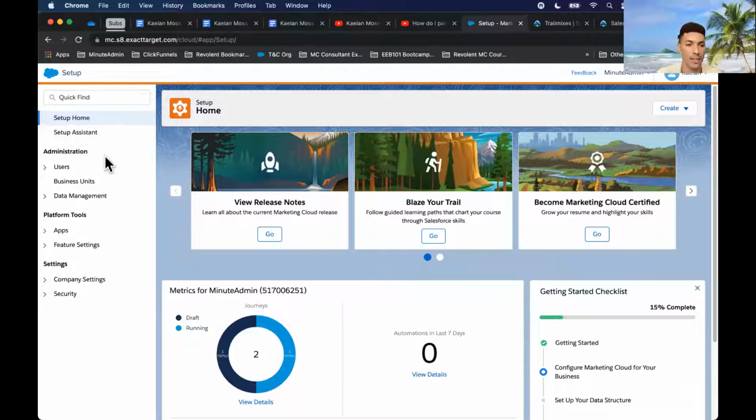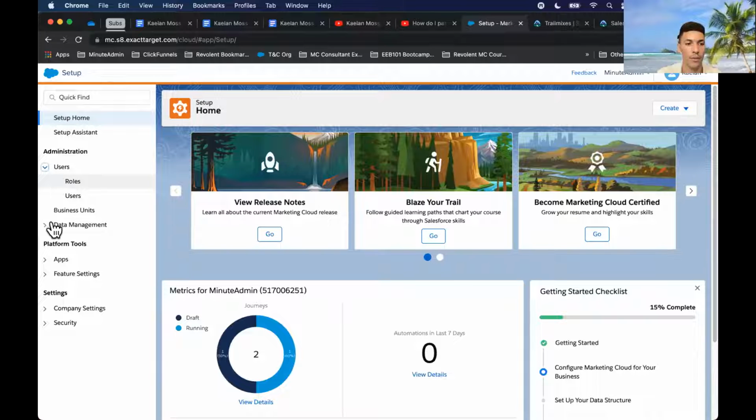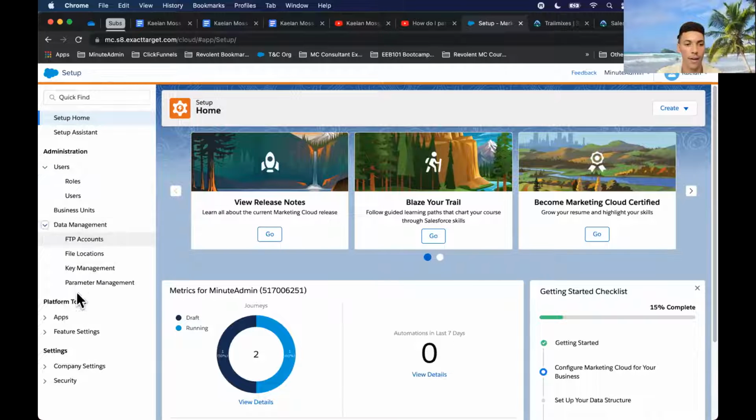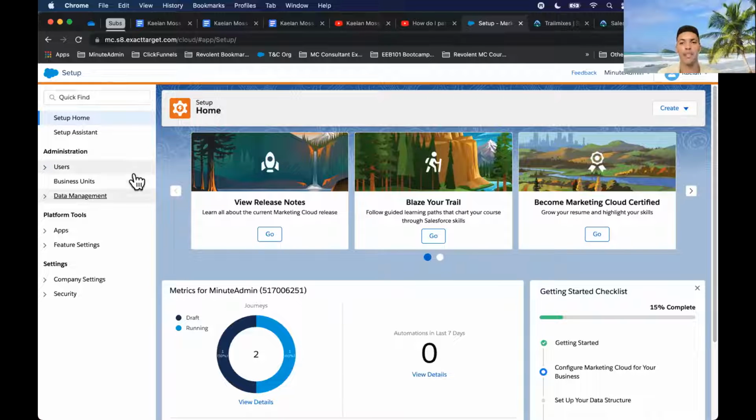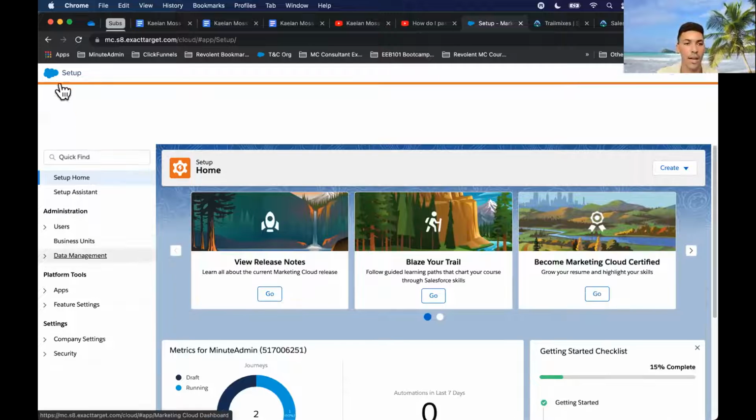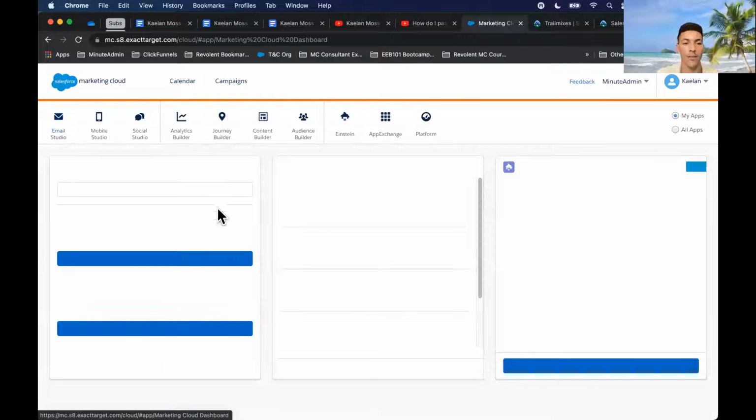And as you can see here, it kind of looks like the setup menu in Sales Cloud. If you've been in Sales Cloud, we've got the quick find bar over here to the left. We have our drop down list here. We can come in here and do quick searches. We can find our users and roles, find our create FTP accounts. But this is all setup information that is going to be covered later on throughout the course as you're going through with JB for the remaining weeks. But I just wanted to show you what this looks like from the get-go here on this first day.